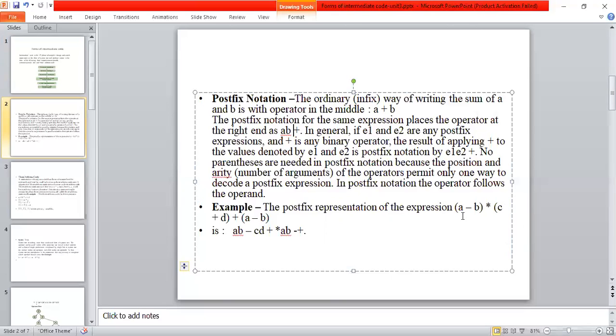Here we construct A minus B, and the postfix for this value is AB minus. Similarly, the postfix for C plus D is CD plus, and the postfix for the last bracket A minus B is AB minus.